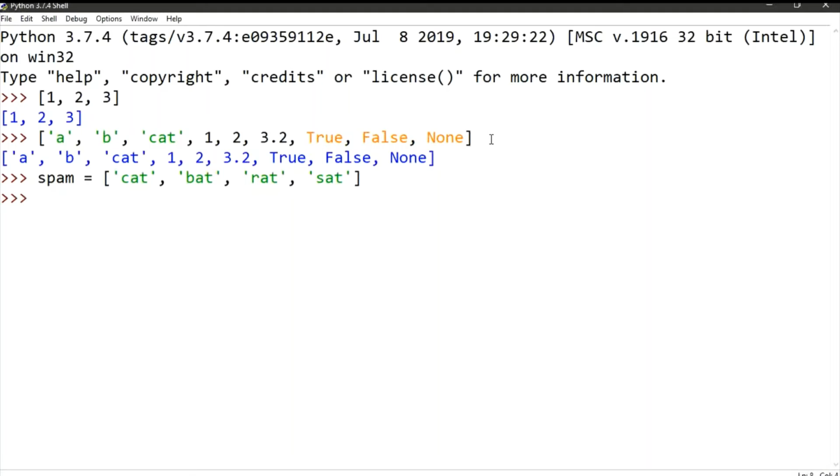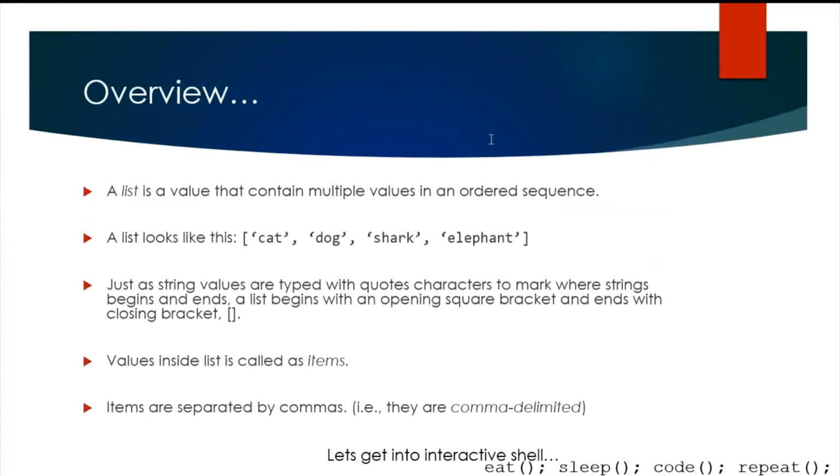If I say print spam, I'm going to get the list. Is that clear? So we can have a list and we can assign a variable to that list also. Now let's get back to our slide so that we can get more out of it. This is our overview of what exactly lists are.